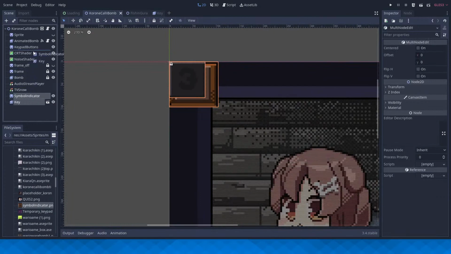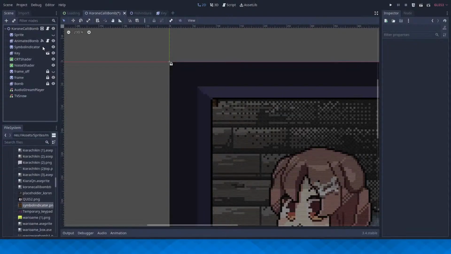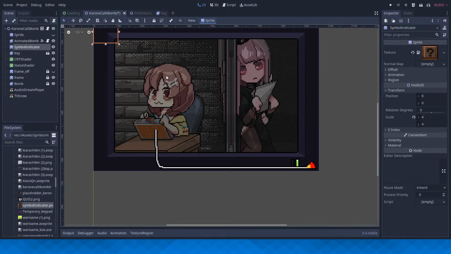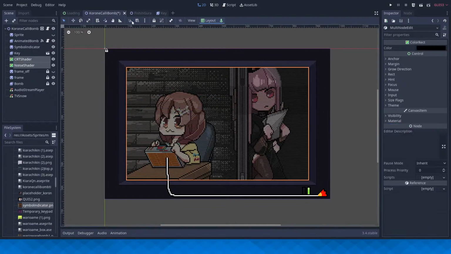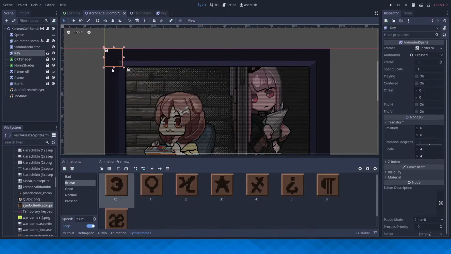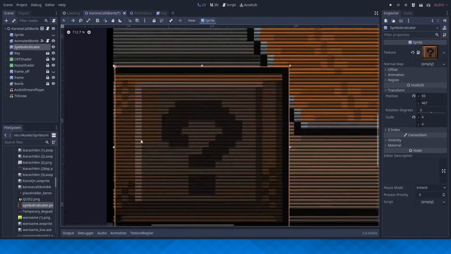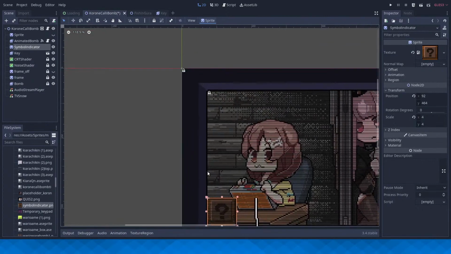Put these below this thing. I can delete the keypad buttons node since it's useless now. It's not in use. And I can move the symbol indicator. Oh, I didn't mean to move those. I should lock those. There you go, lock. And it's a key. Here we have the symbol indicator. Just put that right in there.